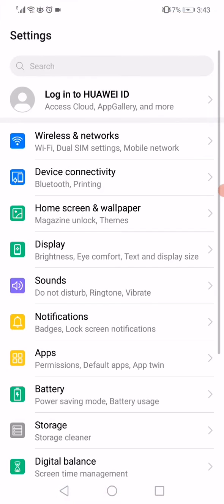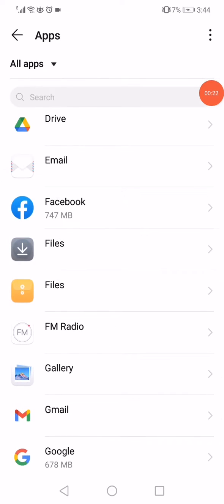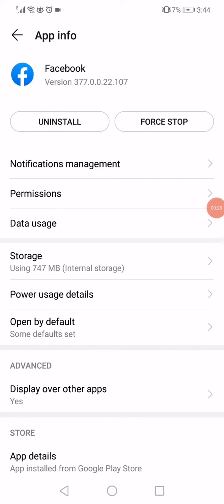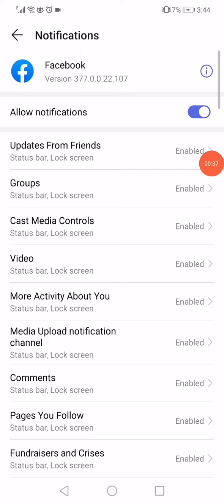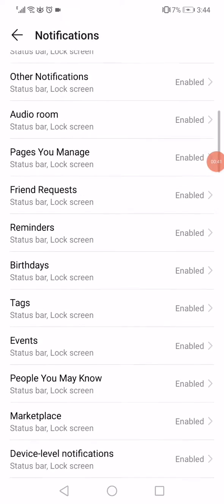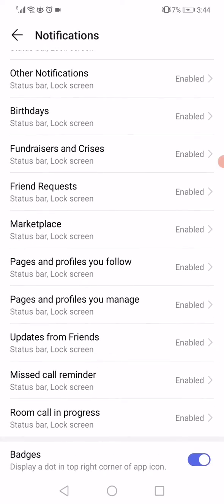Just go to the settings on your phone and then go to the apps. Go to apps, and after you go to the Facebook app informations on your phone, now all what you have to do is go here to the notifications management and make sure that all those options are enabled like this, as you can